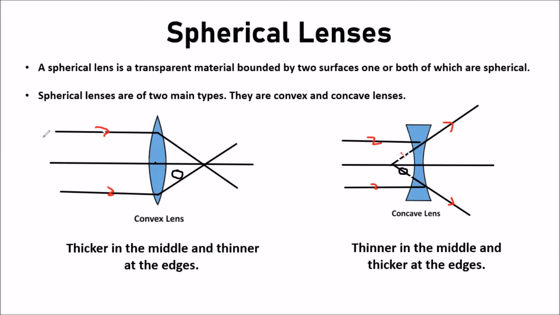You can see light rays are coming parallel here, and after refraction, now this time it's not reflection, it is refraction, because transparent medium, they meet at a single point, and that's why they are called converging rays, because they're passing through a convex lens and the lens is a converging lens. The point at which they meet is called the focus. In this case, focus is here